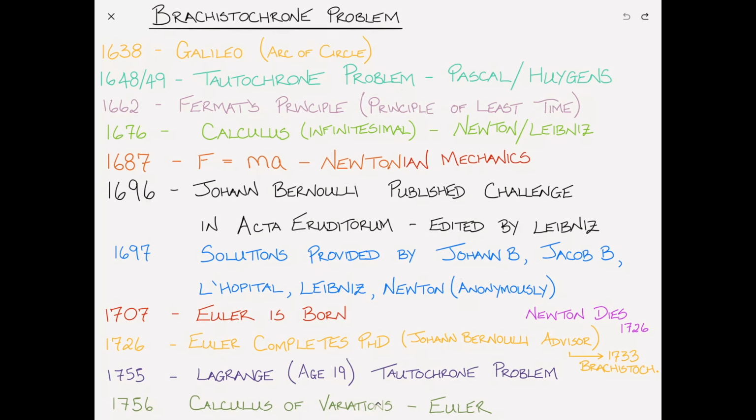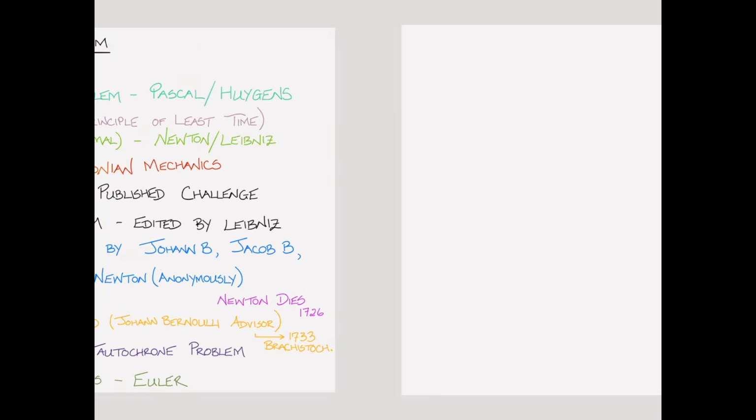So unfortunately, he would never get to see the calculus of variations, although one kind of feels like maybe he had it in his head all along. Okay, so Johann Bernoulli solved this in 2 weeks. Newton solved it in 12 hours. I'm going to solve this for you in the next 10 minutes. But to be fair, I have something on my side that none of these guys had. I'm going to use the calculus of variations. Okay, so let's get on with it.